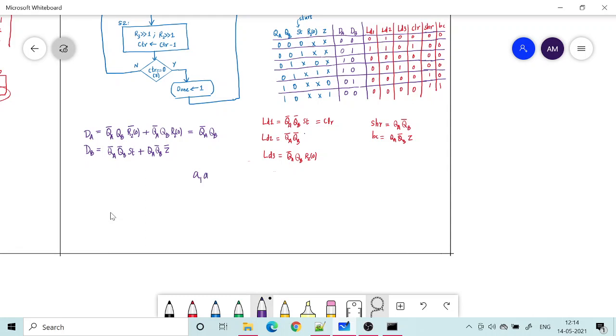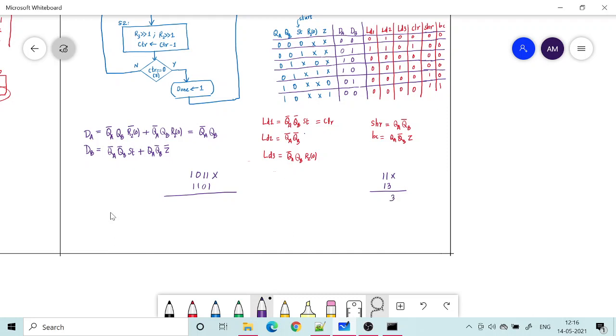Suppose we have, let us take an example. Okay, so the example, maybe I can take 1011 into, say, 1101. Okay, so 1011 is basically 11 in decimal, and 1101 is 13.